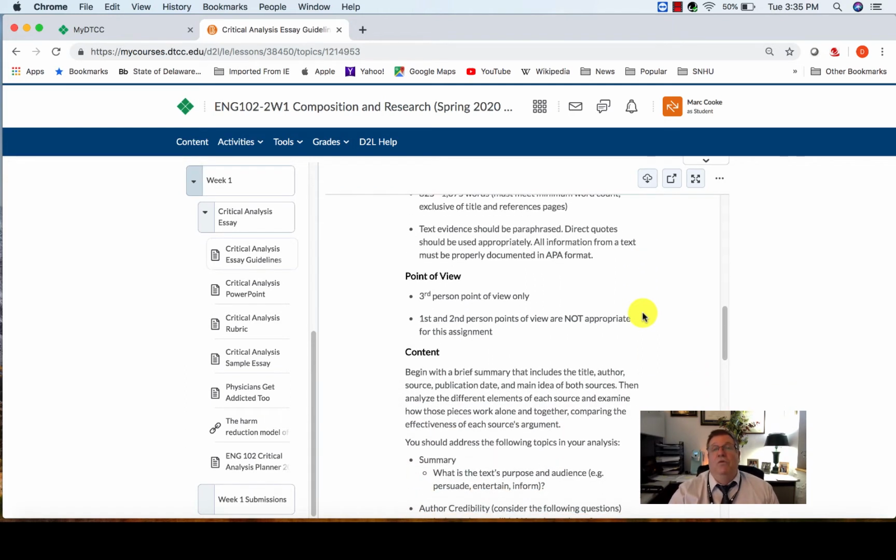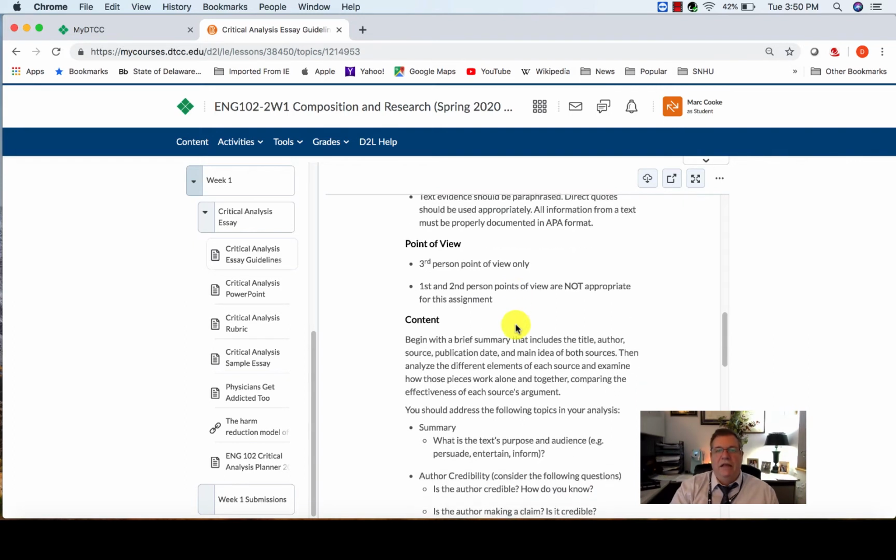Like in English 101, you did have the personal narrative if you just took the course. If you took the course a year or 2 ago, it was somewhat different. You did not have a personal narrative. But this paper should be in third person. There should be no you anywhere in the paper, and there should be no first person anywhere in the paper.